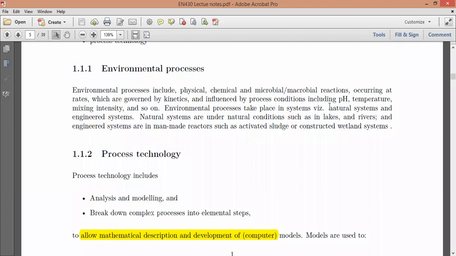Another example that we're given here is constructed wetland systems. This one is an engineered system, while a natural wetland would just naturally occur in nature. Another example here is activated sludge. I hope we remember where activated sludge comes from. This is a byproduct from the wastewater treatment plants. So that one also is like a mixture of